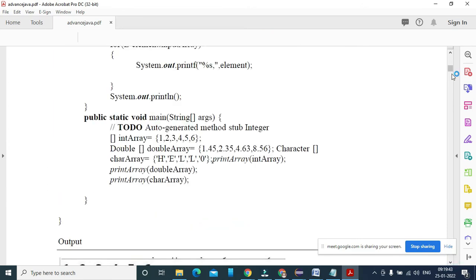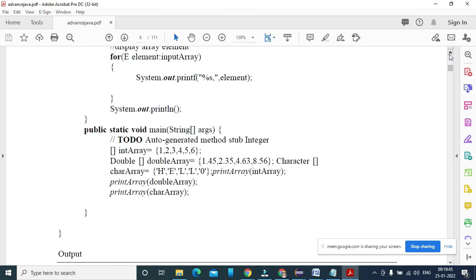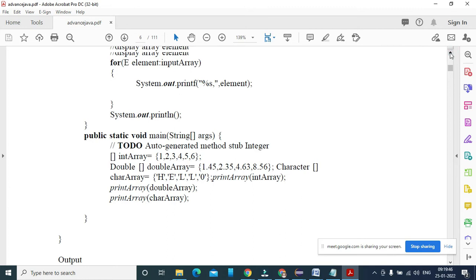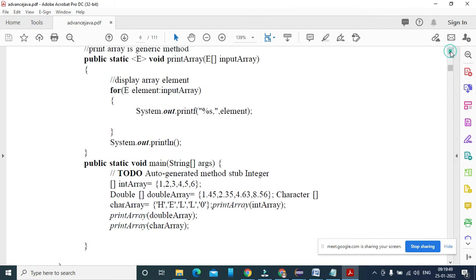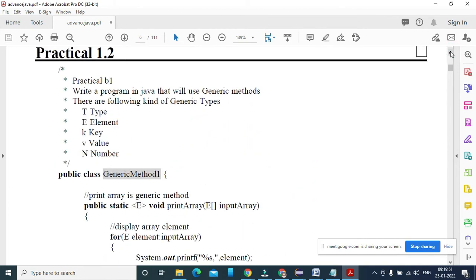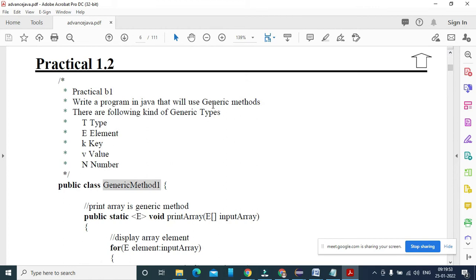Now we are going to understand the next part, and that is the type. Type of what? The generic methods. If you look at that, there are the following kinds of generic method types: type, element, key, value, and number.